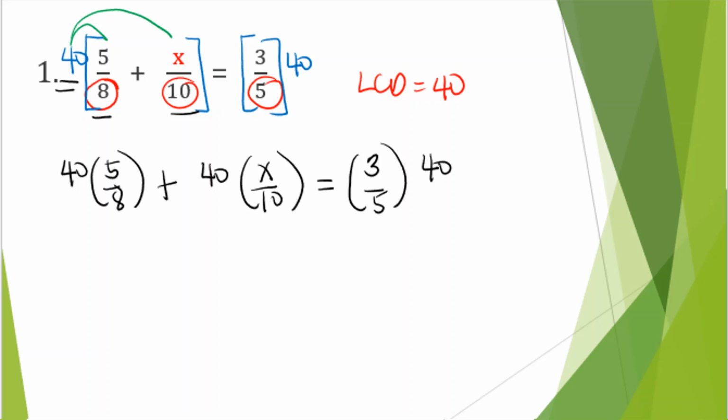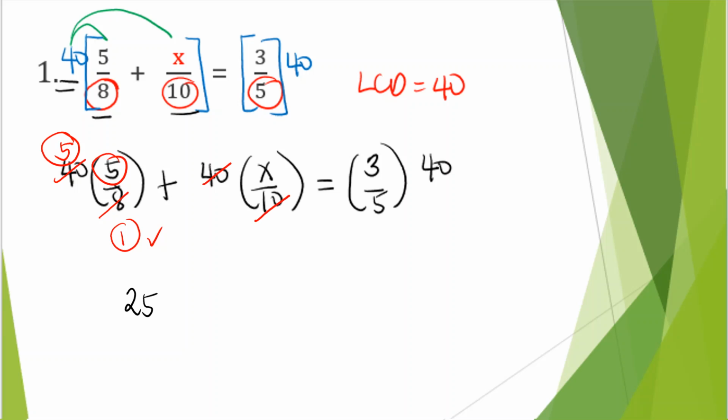In the first term, 40 and 8 are both divisible by 8. So we divide both numbers by 8. So 8 divided by 8 is 1. 40 divided by 8 is 5. And 5 times 5 is 25. Divided by 1 is 25. Next,